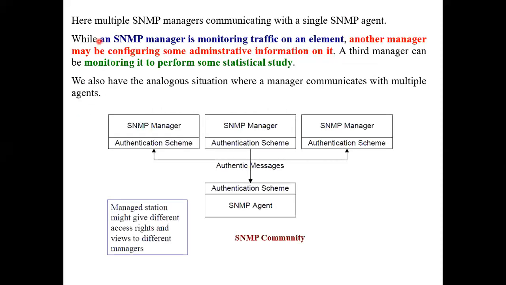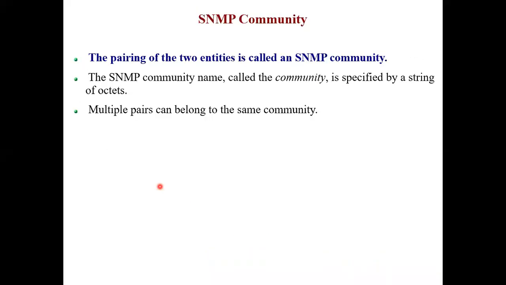Okay, so what is SNMP community? The pairing of any two entities is called an SNMP community. So I can pair 2 agents, I can pair 1 agent with 1 manager, I can pair multiple agents with 1 manager. Okay, so in short, pairing of 2 or more than 2 entities is called an SNMP community. Like we can say that we belong to the BEXTC community. Okay, so T's are not allowed, SE's are not allowed. So whatever I will teach, it is only for the current BEXTC class.